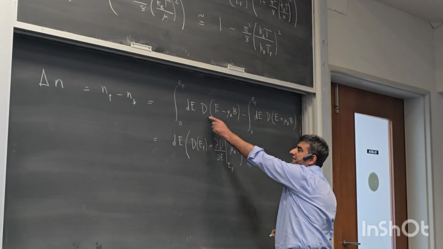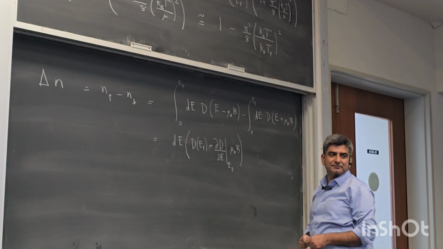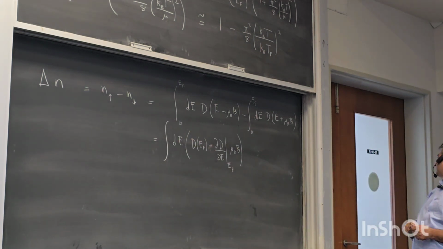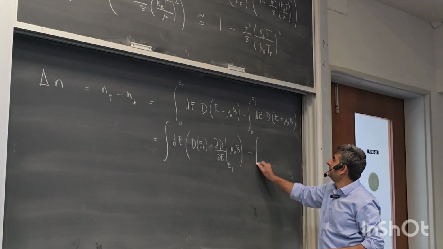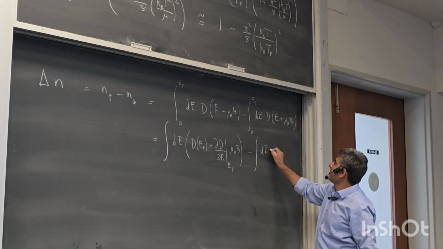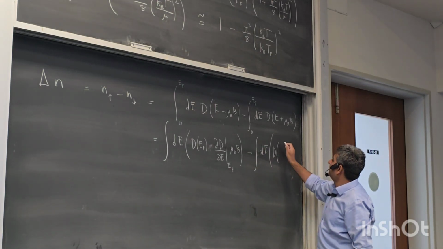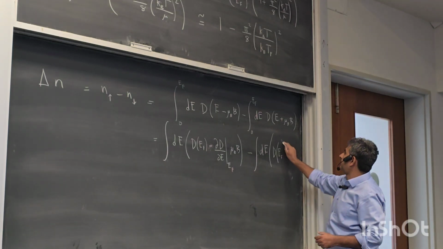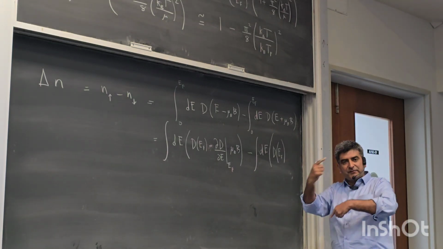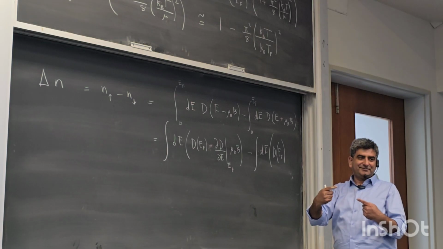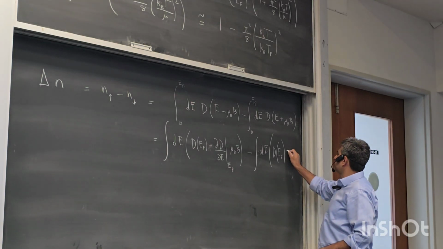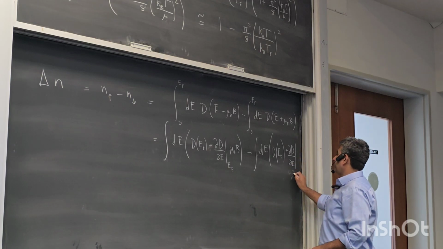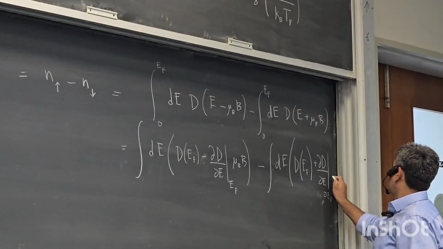So I do a Taylor series expansion of this D, correct, minus D(E). I'm doing expansion about the Fermi level, D at E_F plus partial D over partial E computed at E_F times mu_B B,